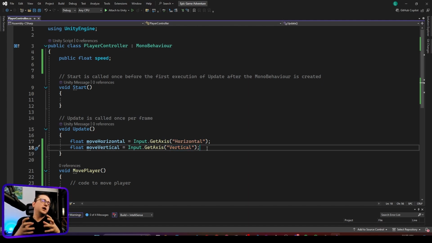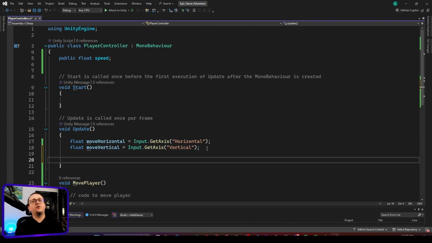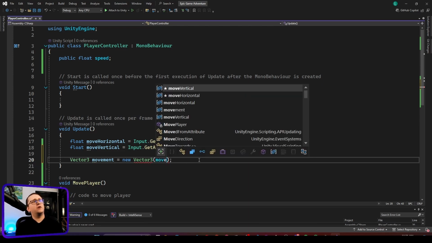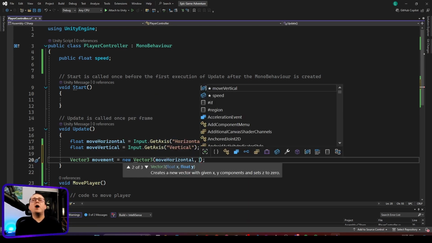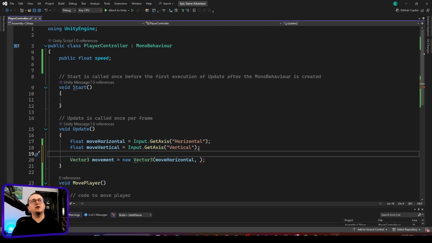Now, since we are working in a 3D space and we only have two axes, we will need to write a Vector3 variable. So for that I will say Vector3, and let's call it movement equals new Vector3, and here I need to set the value for the three axes, X, Y, and Z. For the X axis, which is basically the horizontal one, I will use the moveHorizontal variable. For the Y axis, which is basically up and down, usually you would think that I will use the vertical axis, the moveVertical,